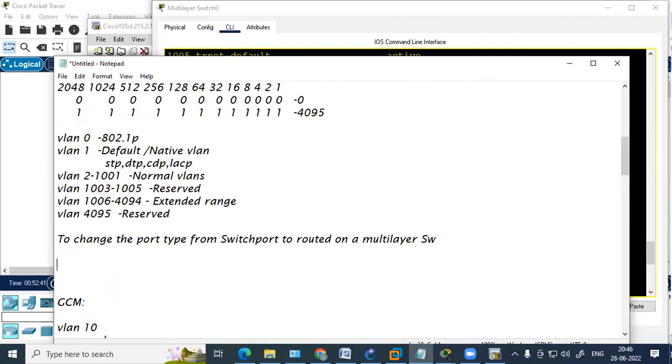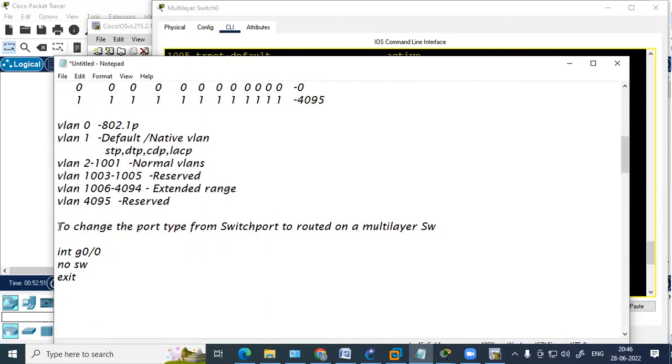The command is: go to the interface, any interface, I'm giving an example, and type no switch port. To revert back, to change it back to switch port,